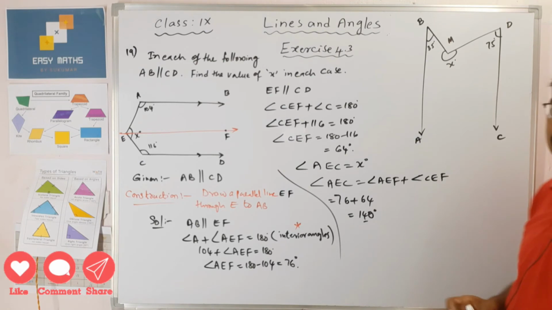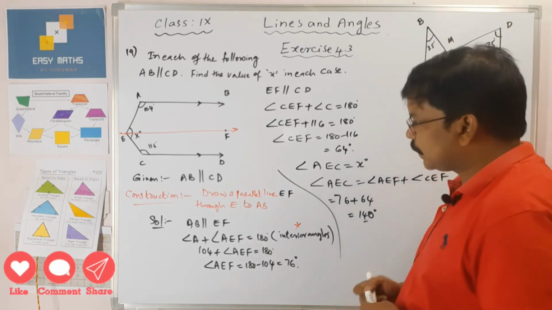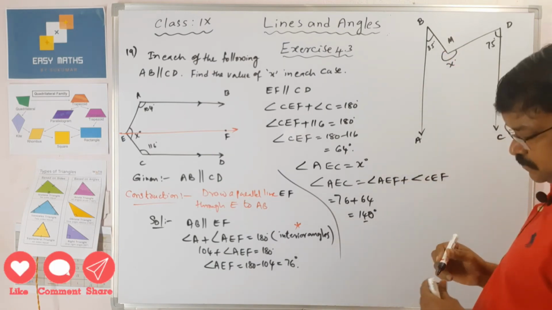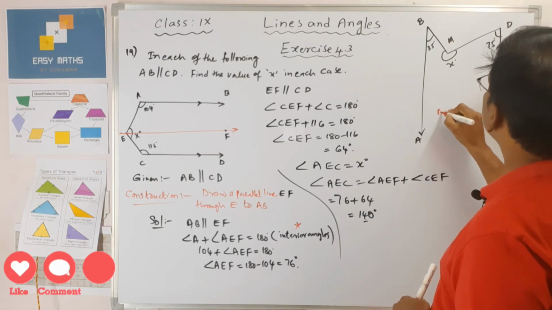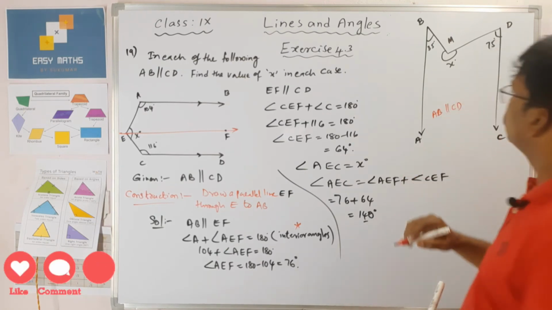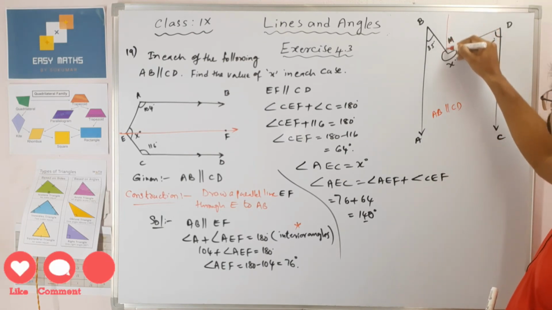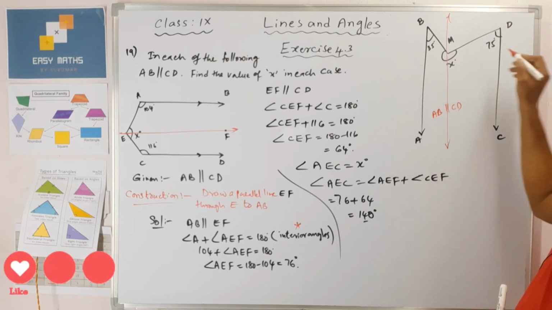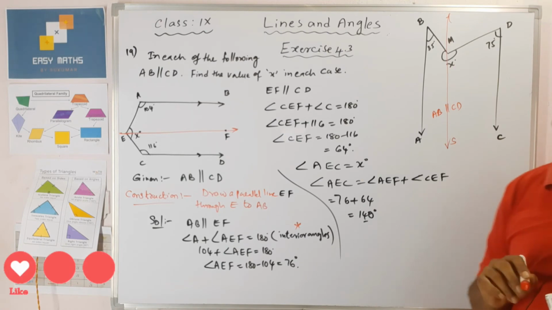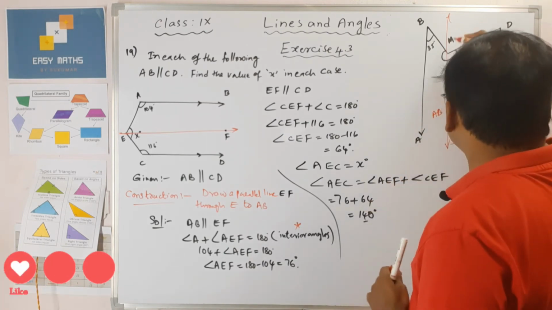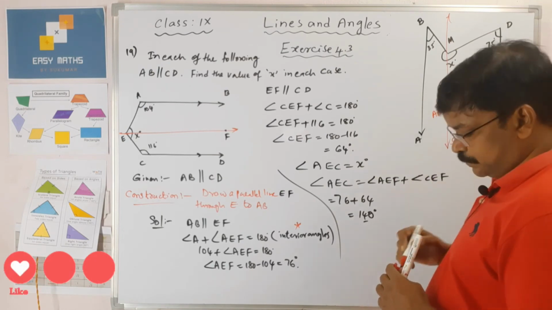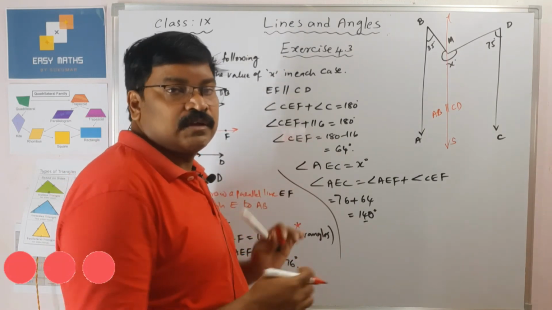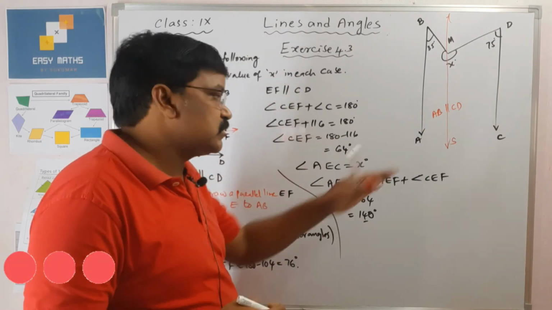Coming to this last question, the third one in this 19th set. Here AB and CD are parallel, right? Here, my dear students, again we draw a parallel line through capital M. Let it be S. SM is a parallel line to AB. So here we use the same process as for the previous sum.